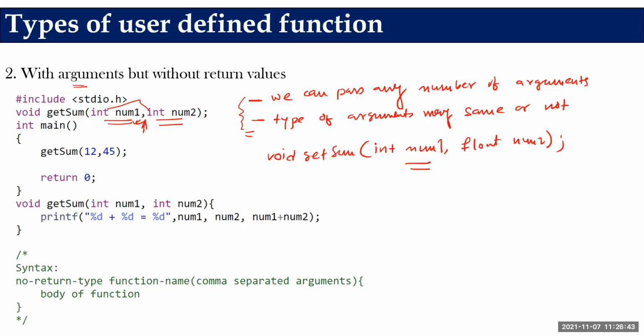Okay, so what we did here, again see, return type is nothing, no return type. Now if you want to pass more than one argument, it should be comma separated arguments. So see, comma is there, comma separated arguments in the declaration. Here we are passing two numbers, and this function will give me the addition of the two numbers we are passing. Now see, in the main method, we did not declare any variable. We are directly passing the constant values. It is also possible. This function needs only two values.